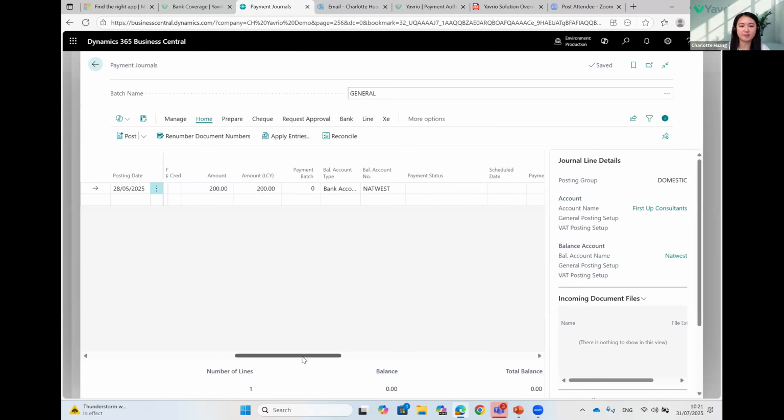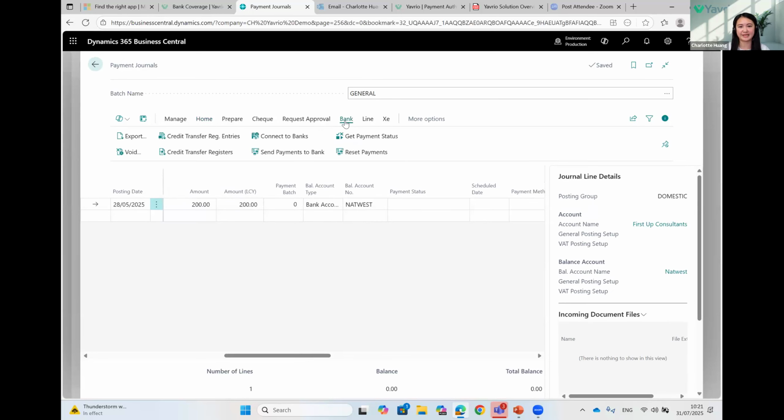So before we send the payment out, I just need to make sure that the balance account type is set to bank account. And the balance account number, as I would like to send it from my NatWest Sandbox account, so I will select the NatWest bank account card. Okay, so to send the payment out, as usual, you will click on bank. But rather than clicking on the export payment files, you could just click on this Yavrio button, which is send